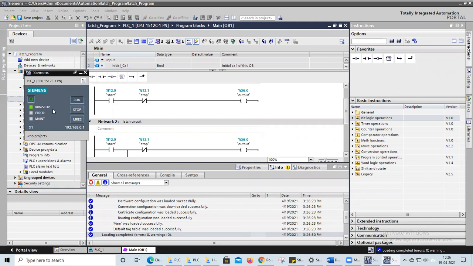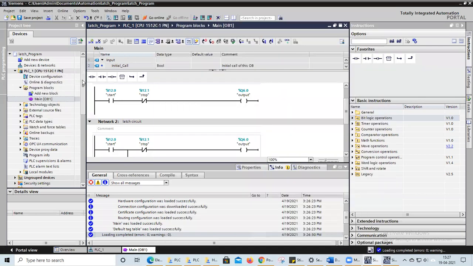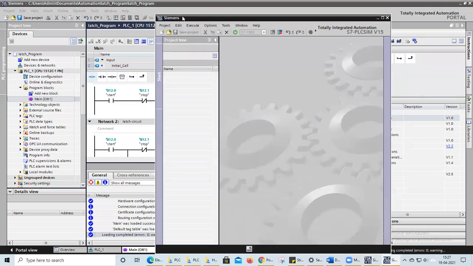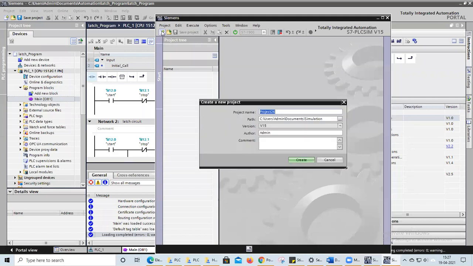Okay, now my simulator is running. Here on the top corner of my simulator, one square box is there. You click on this square box. Okay, my simulator block is open. In my simulator block, you click on new project. It is project 26. If you want to give a name, you give it a name. Otherwise, you can create one randomly also. Create new project.